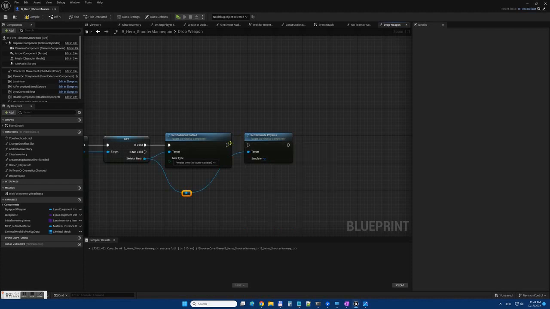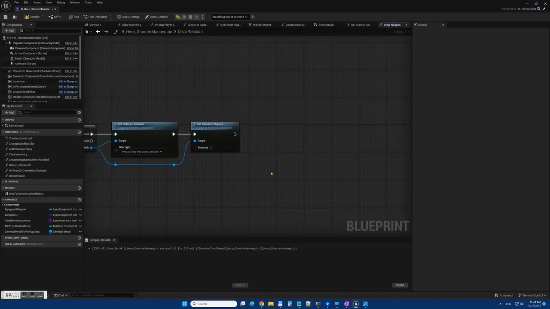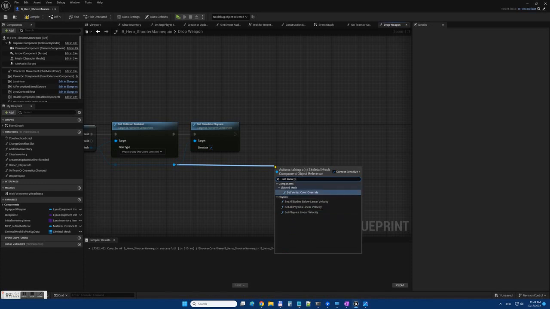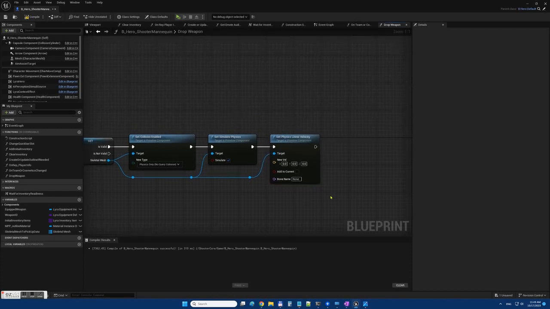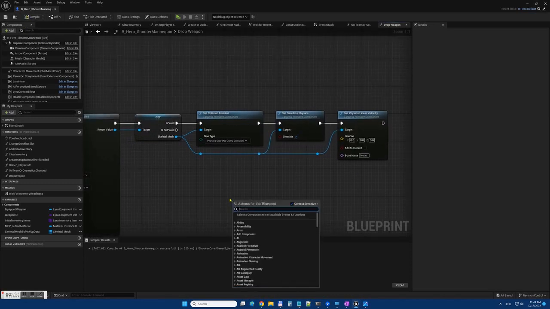Yeah, it's good to tidy up from time to time so the flow is much clearer to read. And add physical linear velocity, so there is some physics or velocity and direction applied to our weapon. Okay, we need to calculate our new velocity vector, and we will again use actor forward vector because we want to throw it in front of us, and multiply by,